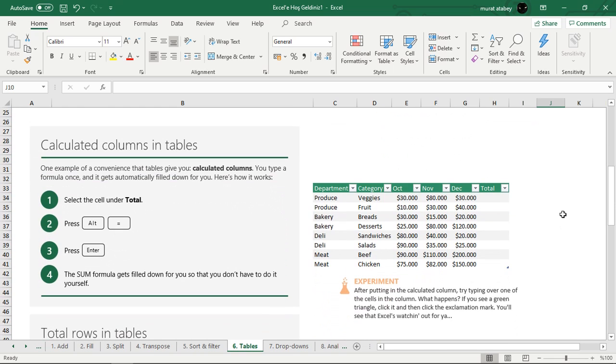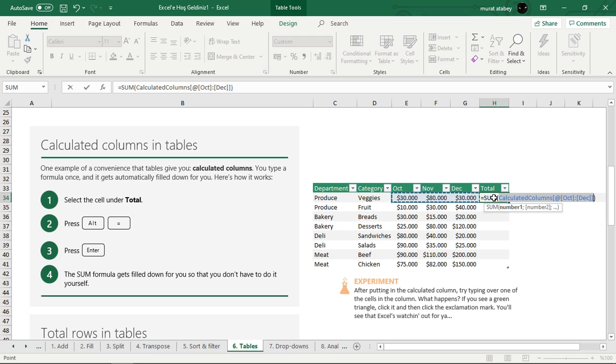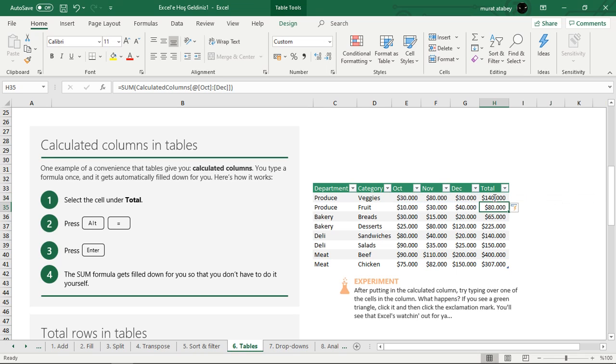Tables also help to calculate the columns and fill the formulas automatically once you first write the formula. For example, on the total cell, press Alt, Shift and equal sign. It will calculate the sum of the cells to the left of the cell, and the table automatically fills down